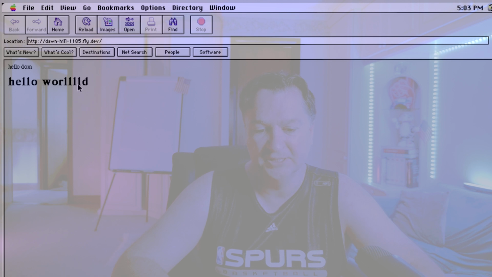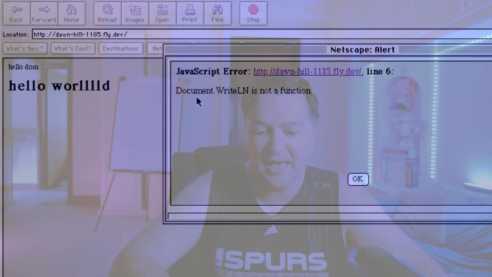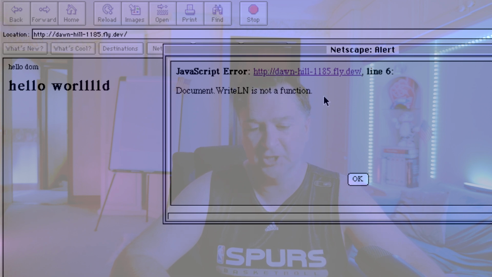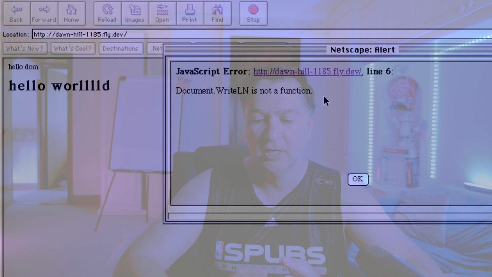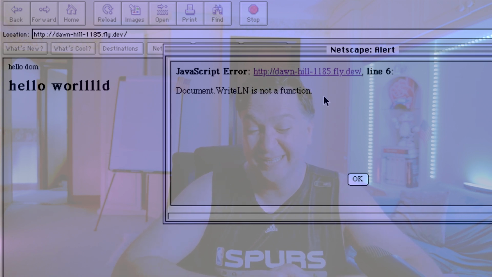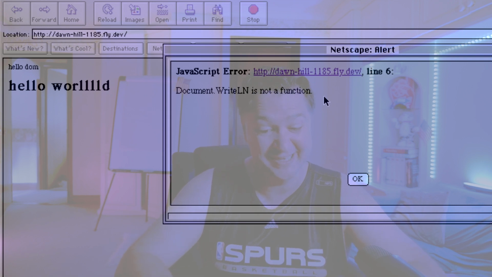It's not as strict. But if I come back into Netscape Navigator, let me hit reload here for a second. And you can see it came back with document.write RLN is not a function. So back in 1997, I think that was, you can see that the browser is less strict. It's following the language quite strictly there. It's saying, yeah, JavaScript, that is definitely a case-sensitive language, as you can see there,